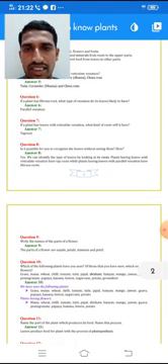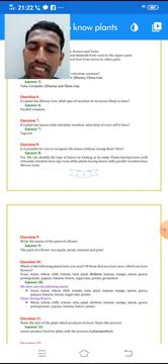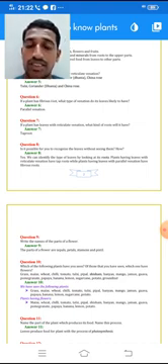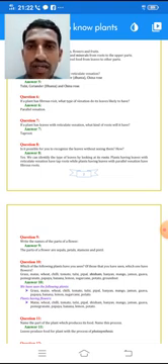Let's go for question number 6. If a plant has a fibrous root, what type of venation do its leaves likely have? Suppose there is a plant which has a fibrous root system. Then what type of venation do its leaves have? The trick is that if a plant has a fibrous root, definitely there will be parallel venation in its leaves. Question 7: if a plant has leaves with reticulate venation, then what kind of roots does the plant have? If the leaf has reticulate venation, definitely the root is a taproot.